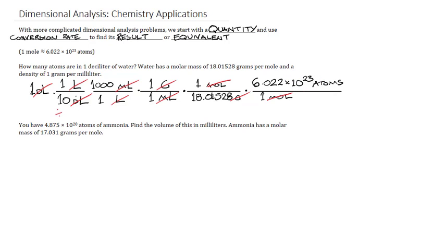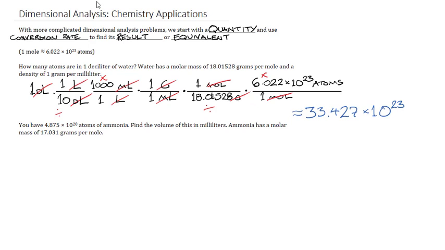So again, I will divide by 10, multiply by 1,000. There's actually no need to do anything there. This is just saying that with water, a gram is a milliliter. That's not the case for every liquid, but it is the case for water. And then I'll just divide by 6.022. I'm going to deal with 10 to the 23rd later. If I carry out all of these operations on everything except for that 10 to the 23rd power, I will get 33.427 times 10 to the 23rd atoms.